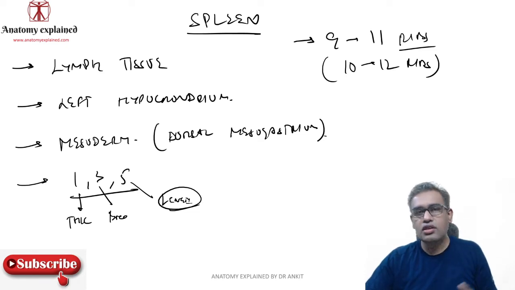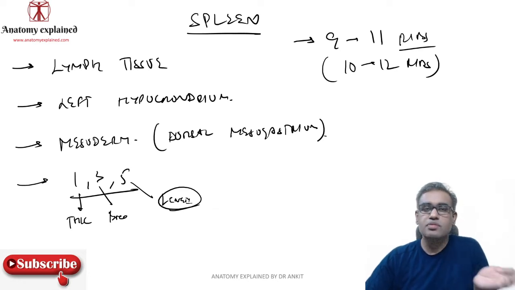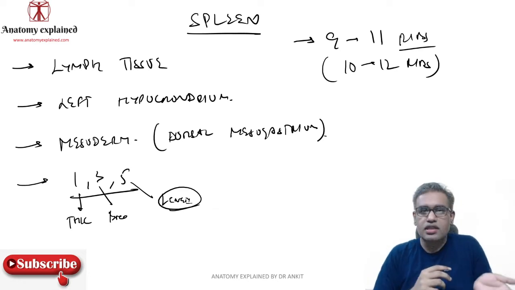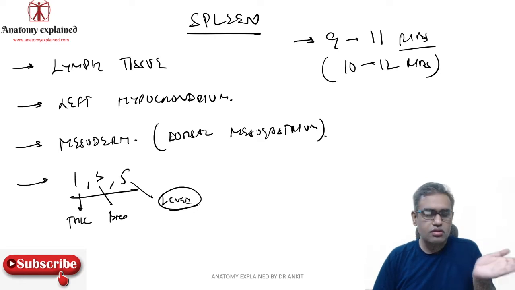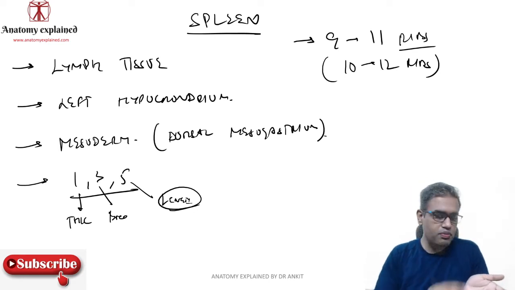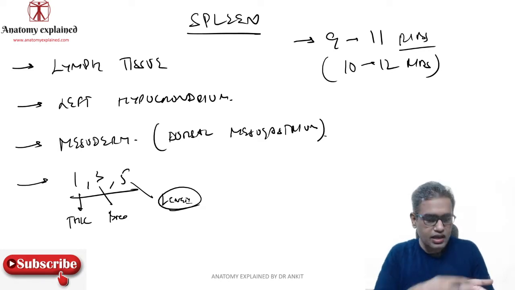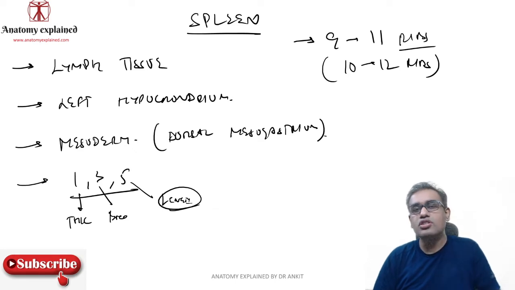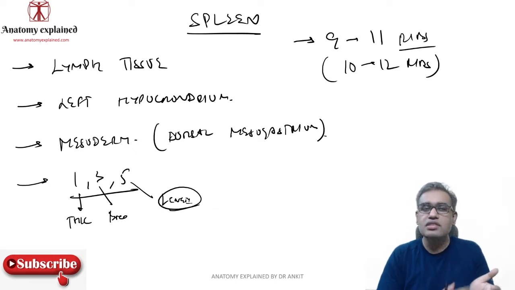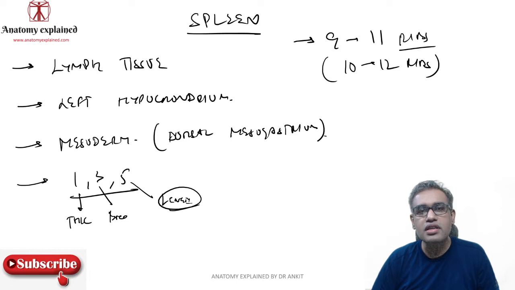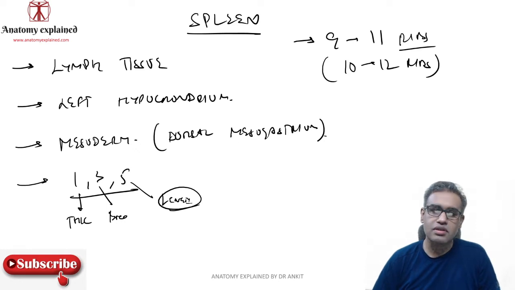Now how to understand it? You take the spleen in your hand in the cadaveric or dissection hall, and you put the spleen like this on your left hand. You extend your left palm and put the spleen in front of your 3 fingers, the index, middle and ring finger. These 3 fingers represent the 3 ribs, and the spleen located like this is the position of our spleen. So length is around 5 inches, around 12-13 centimeter. Breadth is around 3 inches, around 8 centimeter, and thickness around 1 inch, that is 2.5 centimeter. So that is the location.